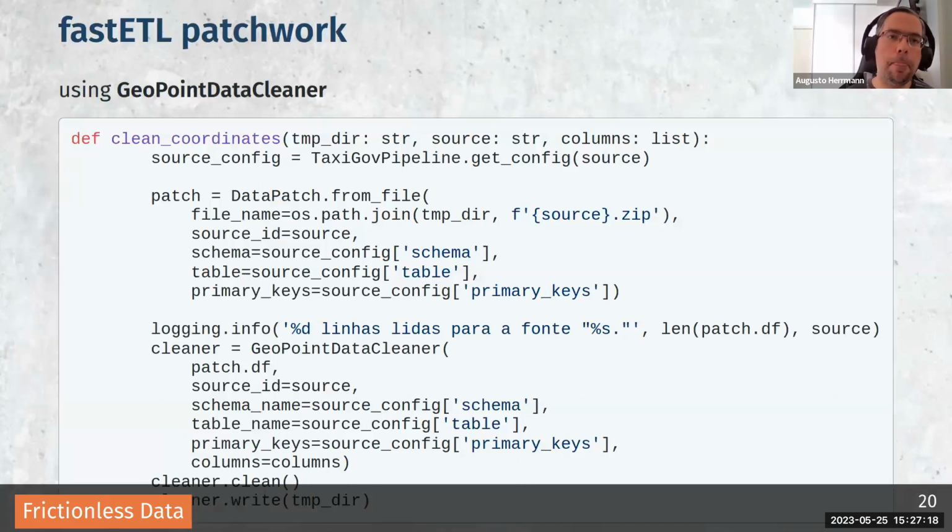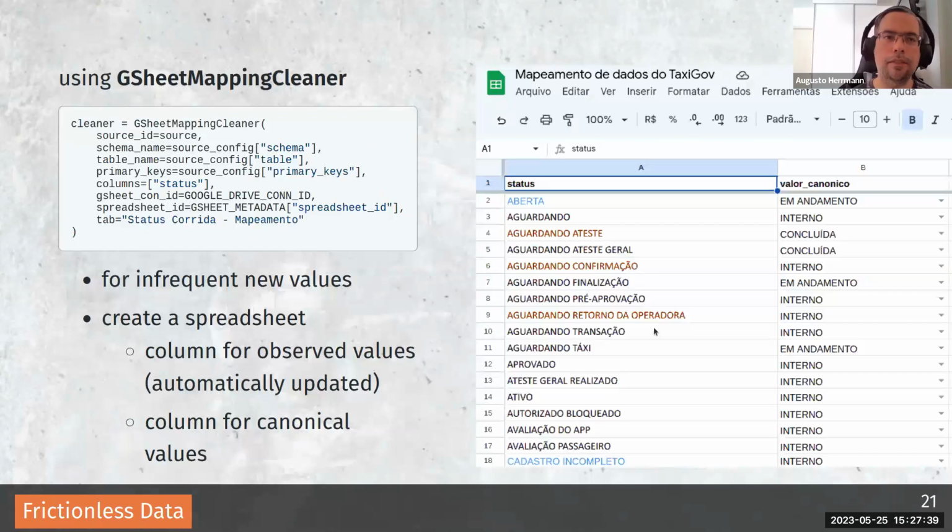And this is the code we use for data patching. It uses some heuristics, like trying to figure out which the actual latitude and longitude numbers should be based on the messy number you find in the data. And this is another example of a data cleaner that uses a mapping, that we do in a